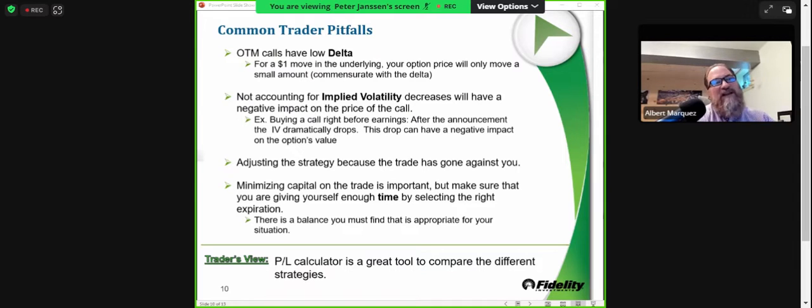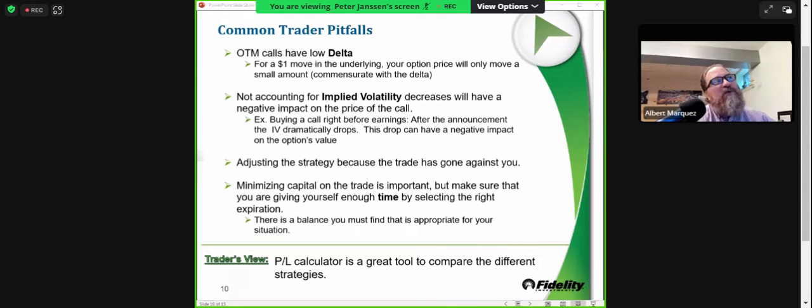Now, that being said, if you're buying them around a binary event like an earnings situation, that could be a different story, of course. But just understand that when you are buying those low priced options, they're low price for a reason, right? And there's a good chance that maybe they don't end up anywhere near the money. Now, that doesn't mean you can't make some money on that particular option in the interim, right? It could certainly go up from $1 to $1.50. You could cash out, no problem.